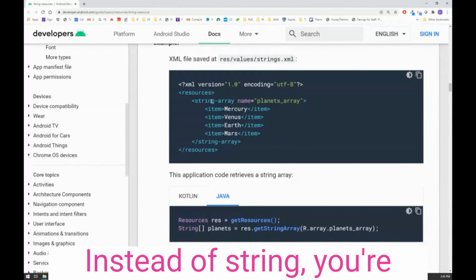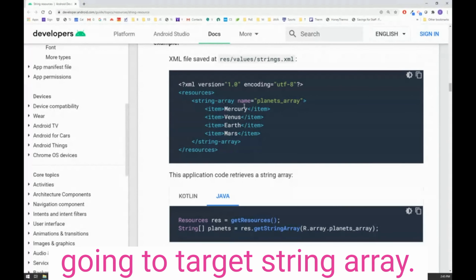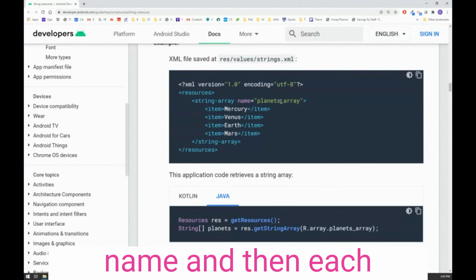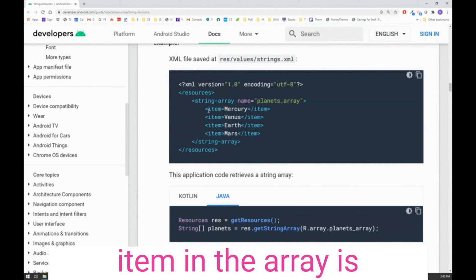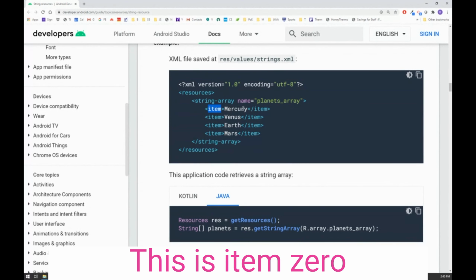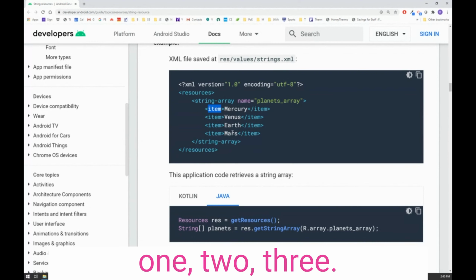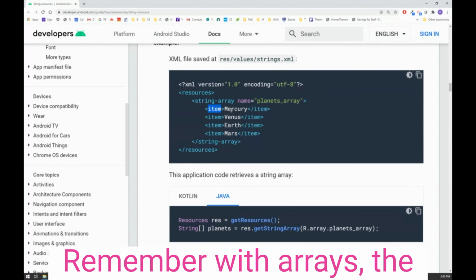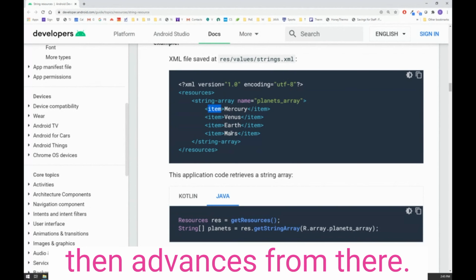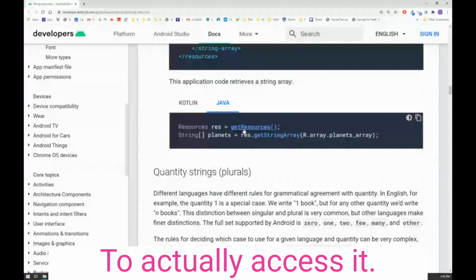Instead of string, you're going to tag it string-array. You give your array a name, right? And then each item in the array is surrounded by an item tag. This is item 0, 1, 2, 3. Remember, with arrays, the indexing starts at 0 and then advances from there. Okay. To actually access it,